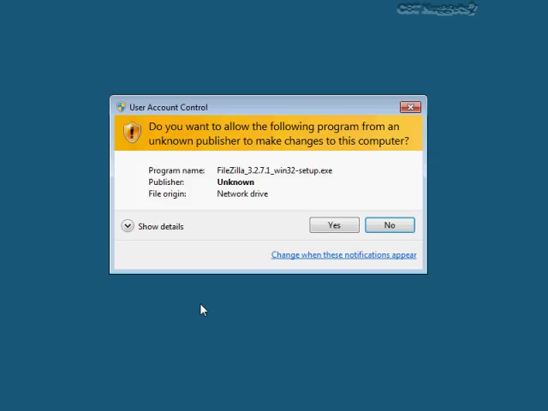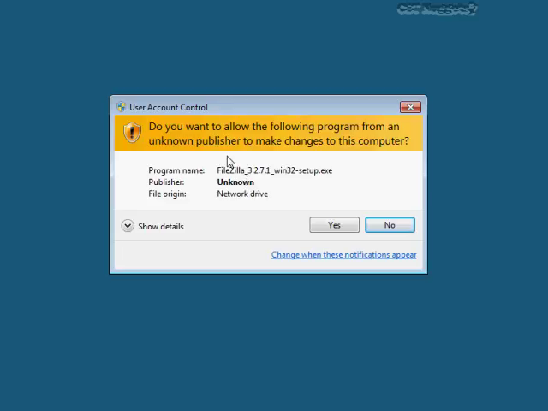Well, that is a user account control prompt. It says, do you want to allow the following program from an unknown publisher? By the way, there's several different types of prompts that will have different interfaces depending upon what you're trying to accomplish by running this application. When we say unknown publisher, it means that there's not a signature from a known certification authority accompanying this executable. So this tells me that it has not been vetted as authentically from these people, from FileZilla